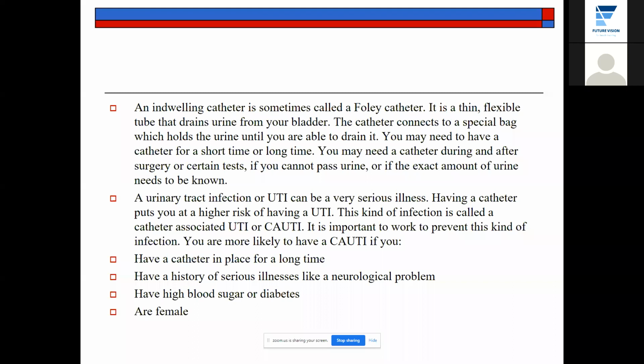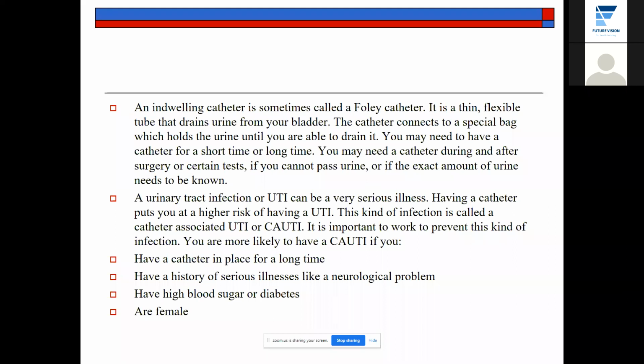The urinary tract infection is a very serious illness, and as we said, it's a high risk to have a UTI. Now which type of patients do you think are at high risk of infection? Which patients are most exposed to risk? Diabetes, thank you. The patients most exposed to infection, especially urinary tract infection, are diabetic patients.